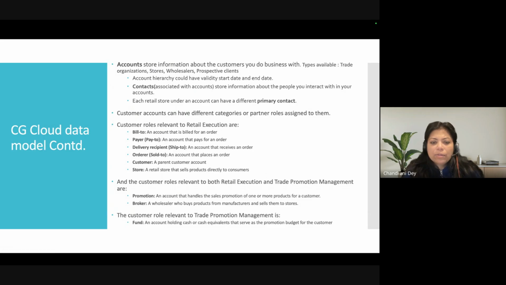And the customer roles that are relevant to both retail execution and trade promotion management are promotions and brokers. Promotion is an account that handles the sales promotion, and broker is a wholesaler who buys products from manufacturers. It depends again on the business. Most business will have a wholesaler in between who is a broker. So you can capture those people as well as accounts. The customer role relevant to trade promotion management is fund. And I think,